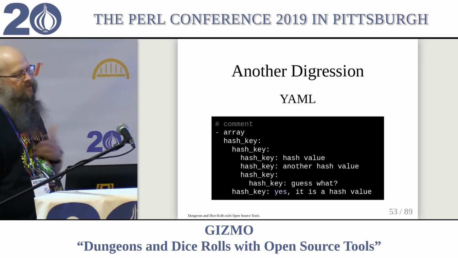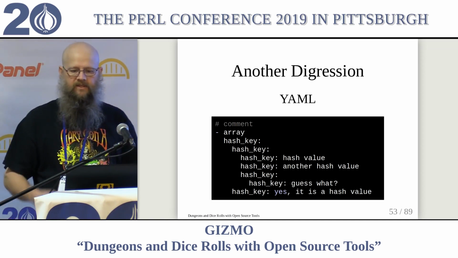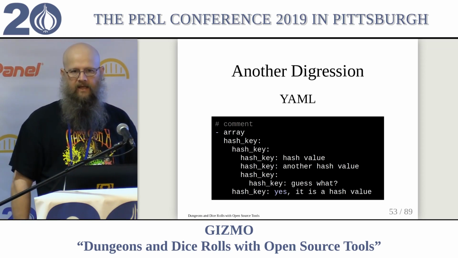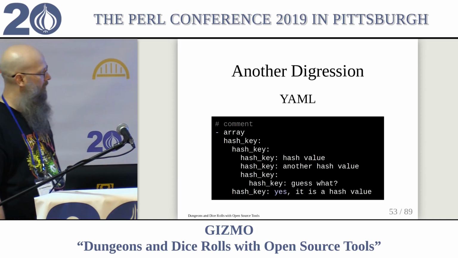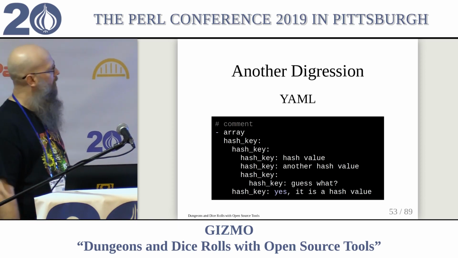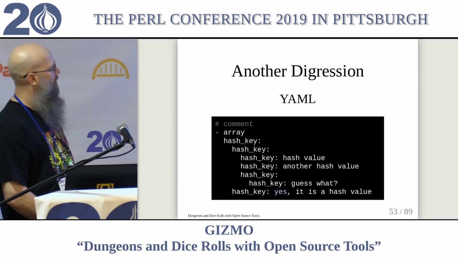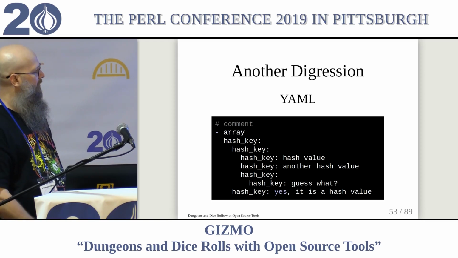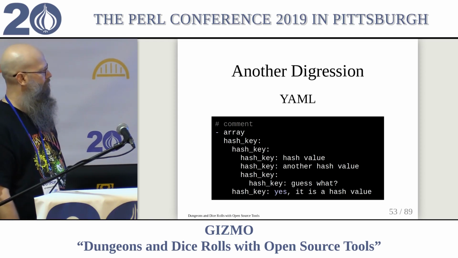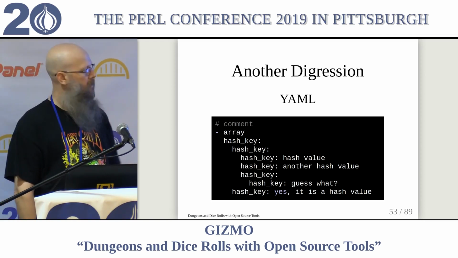And I'll note the founders. There are 3 founders of it. It's Clark Evans, Oren Ben-Kiki, and one of our own mad scientists, ingy döt net. And that's nice because you have arrays, key hashes, and stuff like that. It even has Boolean stuff in it, which I don't use.